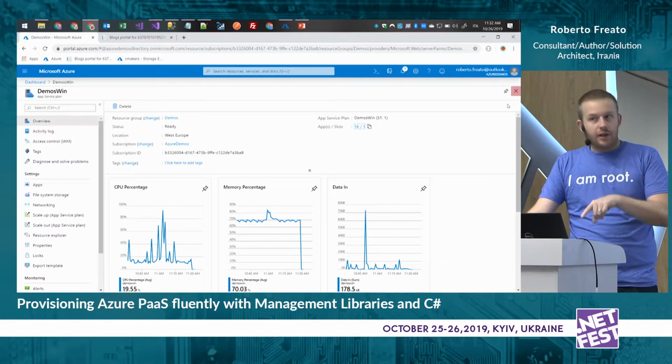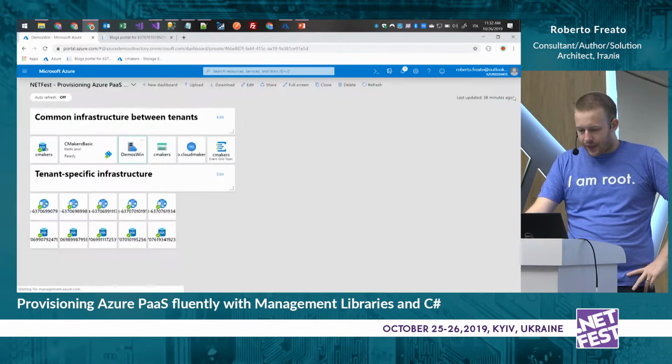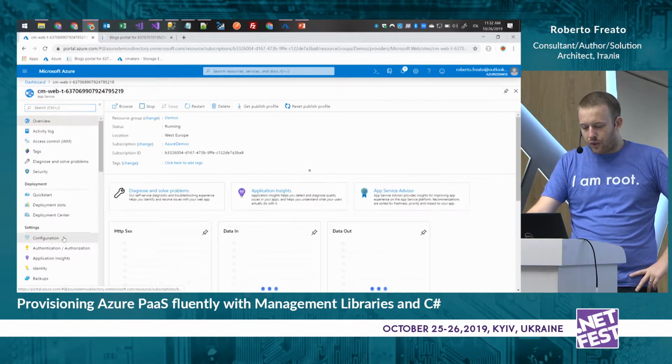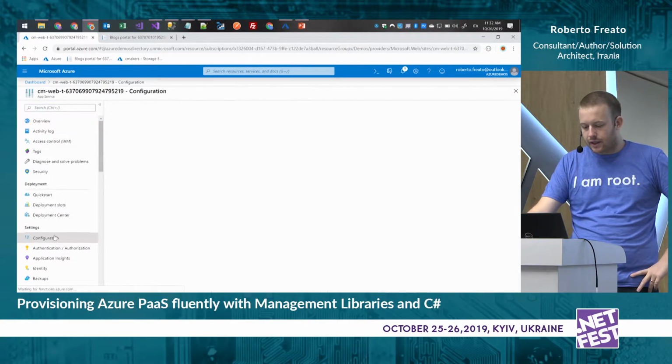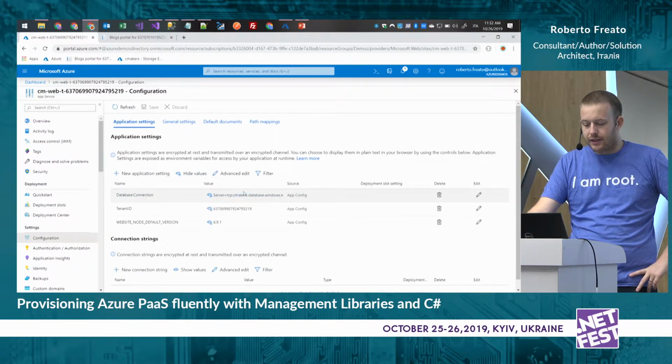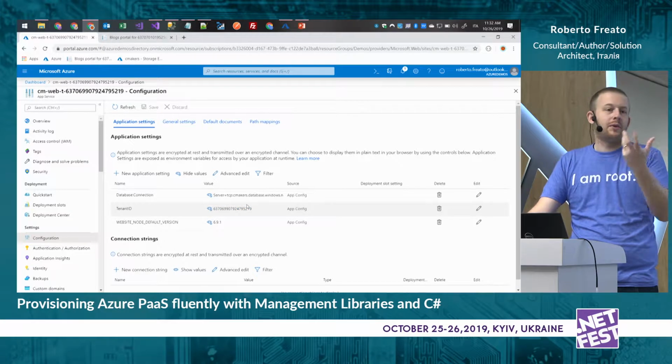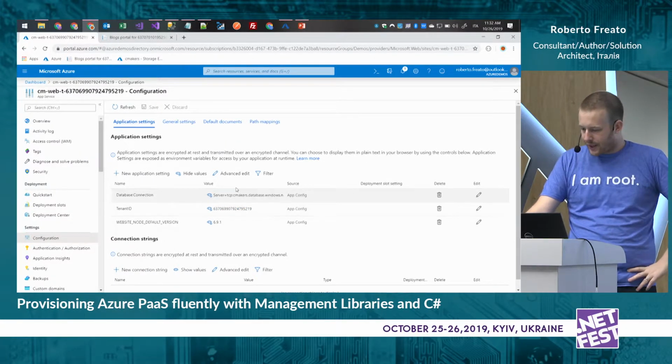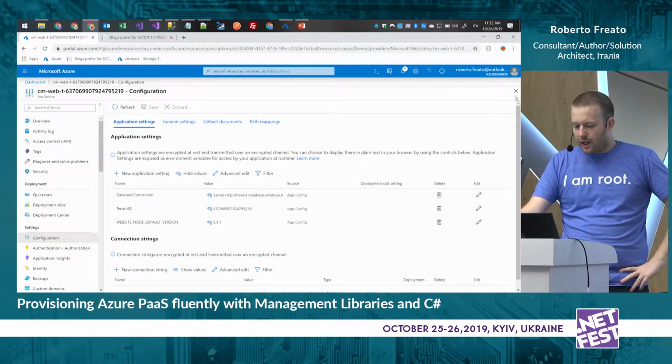So I will create a new web app inside here. I will configure the settings here to point to the specific database and to give a unique number that identifies the tenant. And I will also